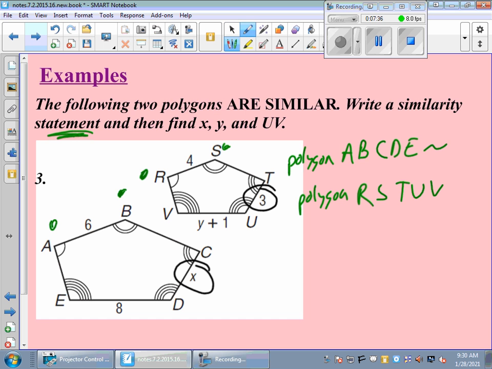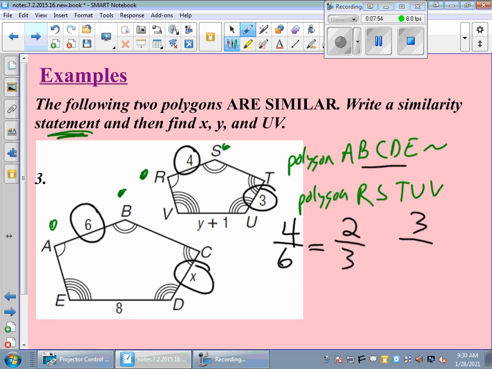First thing we want to do is find a ratio here. If you see, we have a 4 and a 6. So 4 and 6 is our ratio, and we want to reduce that to 2 to 3. Or in this case, with this one on top, it should be a 3 to 2 ratio. So if we're going to go with a 3 to 2 ratio, we use that to find our answer. If we start with this one, then the 3 goes on top. So 3 over 2 equals